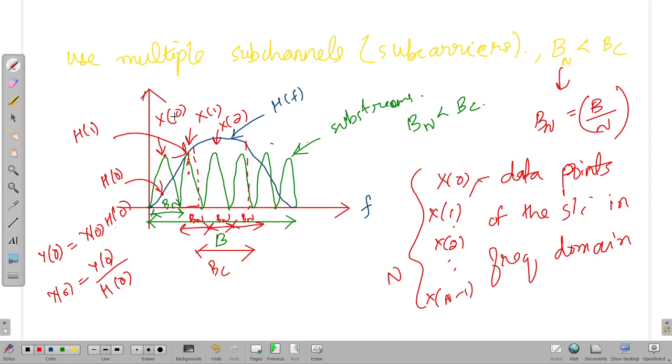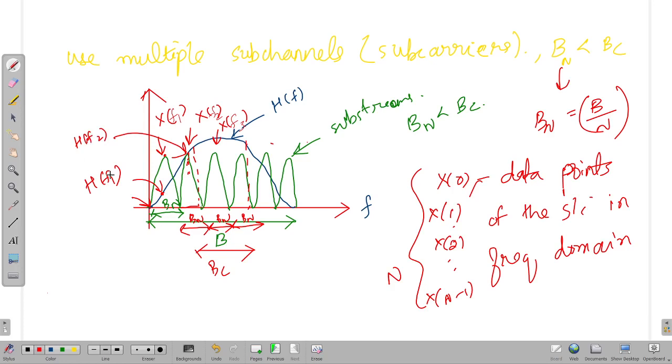It is not right for me to call it 0 because 0 belongs to this point. This is the 0 point. I'll say things in a more general sense. Let me call this f1, this is f2, this is f3, and corresponding to x of f1, you have here h of f1. Corresponding to x of f2, I have here h of f2, and we know that